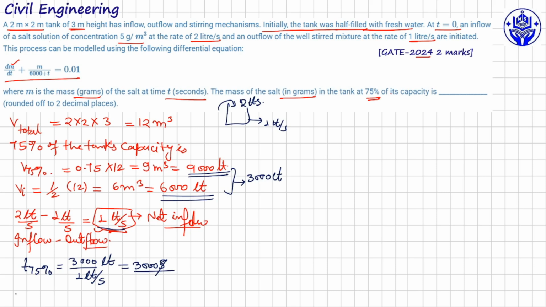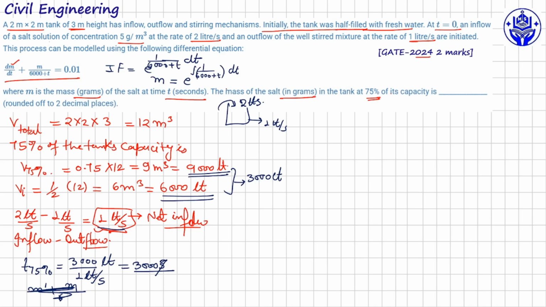Now what is the differential equation given? That is m prime, meaning dm by dt, plus m upon 6,000 plus t. This is the model which we have to solve, a linear differential equation. I will find the integrating factor, which is the exponential of the integral of 1 upon 6,000 plus t dt. Then the solution is m equals the exponential of the integration of 1 upon 6,000 plus t dt, plus